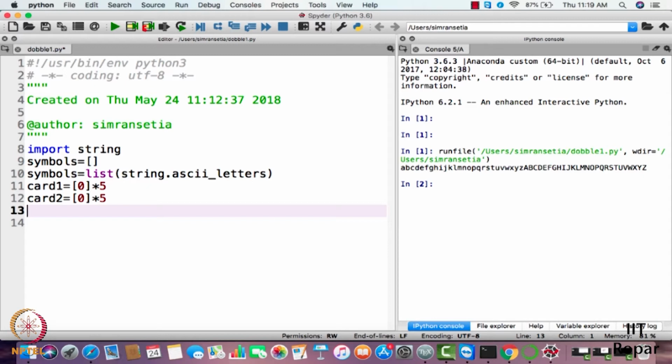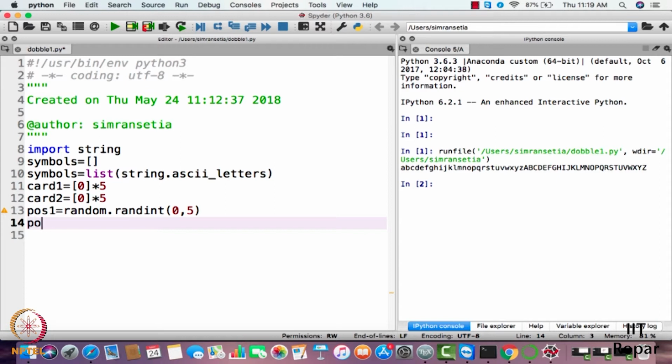So first of all, I need to find the position of the same symbol in card 1 as well as in card 2. So I'll have two variables here. First is POS1, that will be the same symbol position in card 1. And next one will be POS2, that will be the same symbol position in card 2. So I'll have random.randint. It will be from 0 to 5. It will generate random numbers 0, 1, 2, 3.